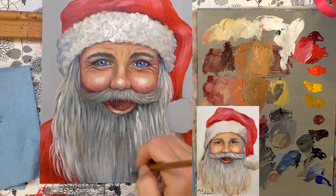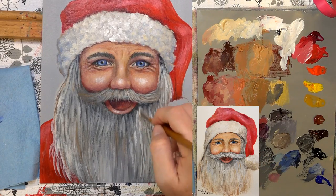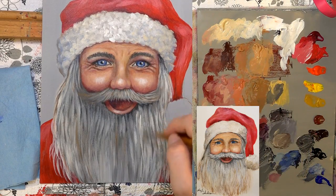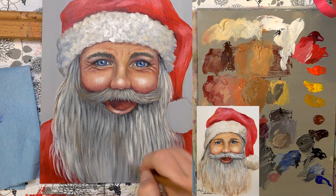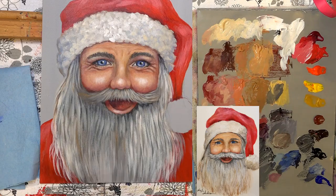Okay. Just slowly building up colors, and if I get too much of the white in an area, I can go back in with some gray and tone it down. The idea is just to make sure that we don't cover up all the gray, so we have a little depth in there. If we have it all solid white, then we won't have any kind of